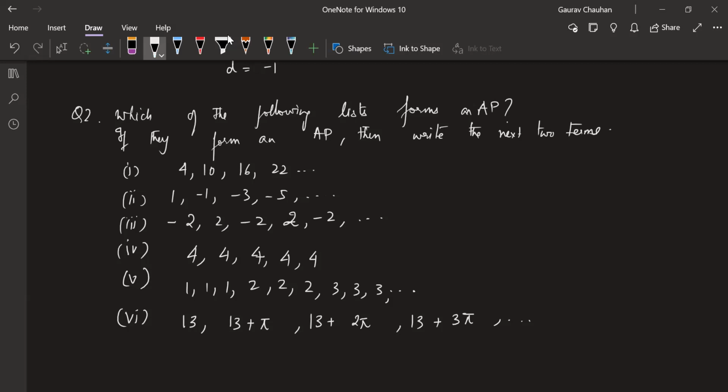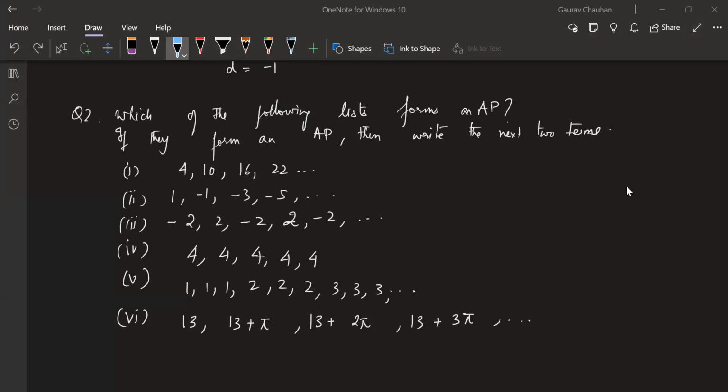And then raise your hands if you're ready to tell me. How will we tell if they form an AP or not? Writing the next two terms we can simply do. I know that. But how will we tell if they form an AP or not? I want you to raise your hands for that. It's something we discussed a little bit in the last class. Vindu, my question is, how will you tell whether they form an AP or not? That's the first question. I'll go to Manisha this time. Go ahead, Manisha.